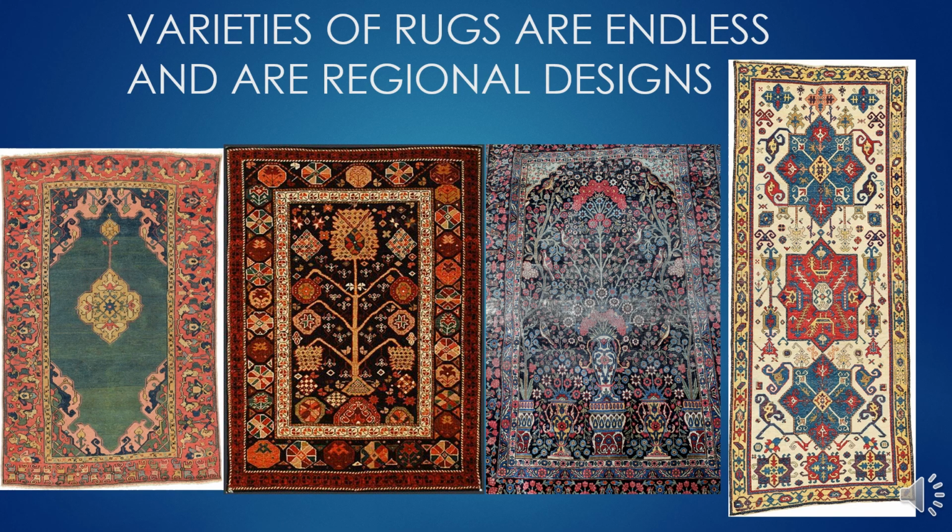The designs of Islamic carpets are endless, and there are very many different types of patterns associated with different tribal rugs, and different patterns associated with different geographic parts of the Islamic world. But some of the common patterns, going from left to right, on the pink and green carpet on the left is the Gul pattern, G-U-L, which is a geometric emblem that in Persian means rose or flower. And it would be that center medallion.